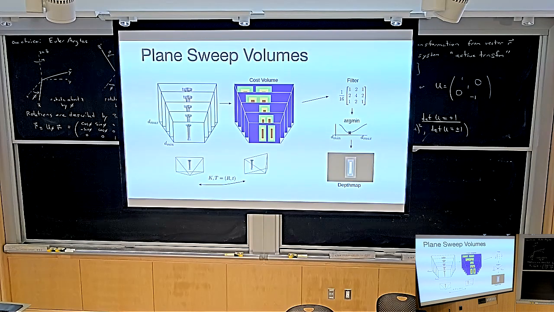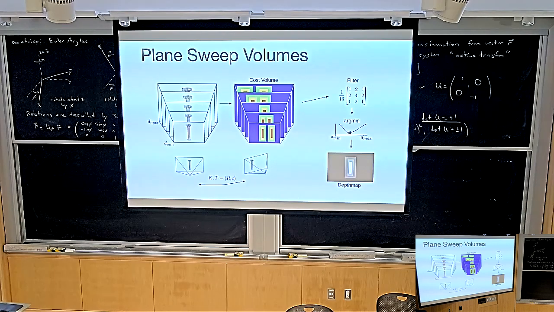Does that make sense? This is actually a very old idea: the idea of cost volumes. We're going to revisit it later when we talk about dynamics and optical flow. It's a very powerful idea. It's basically discretizing your search space, and then for every discrete candidate, computing the cost as if that candidate were the correct one. In this case, we discretize the depth space, and we compute the cost for each depth as if that was the depth we wanted to predict.